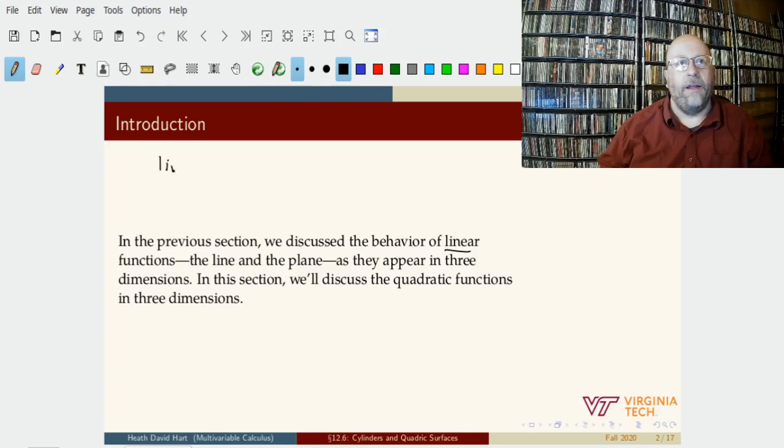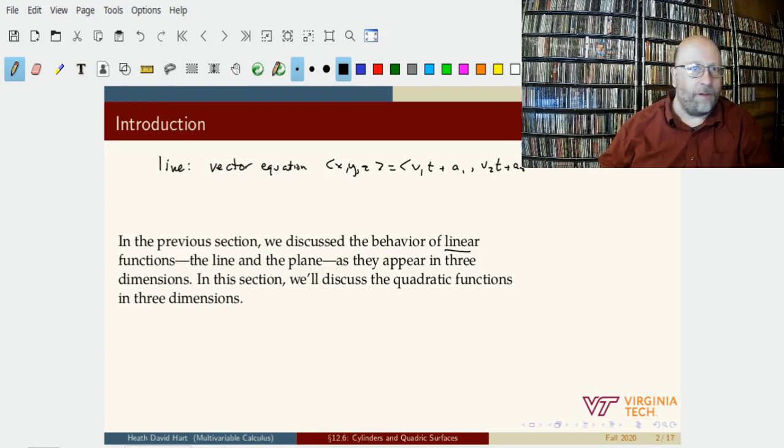A line had a vector equation of the form x, y, z as a vector equals some vector times t plus a starting position, and then another vector coordinate times t plus a starting position, plus another vector coordinate times t plus a starting position. Or what we call parametric equations,